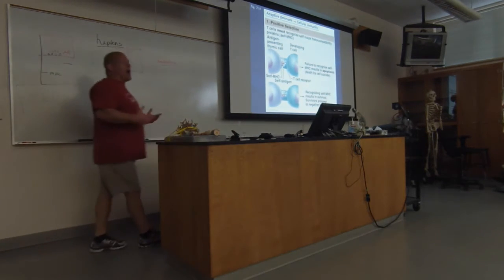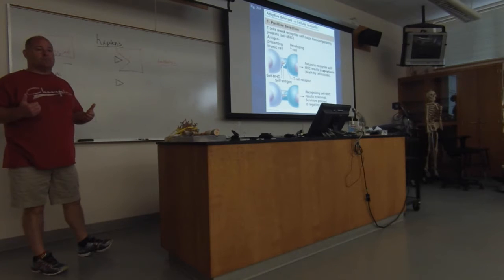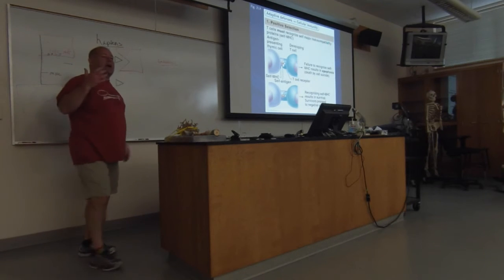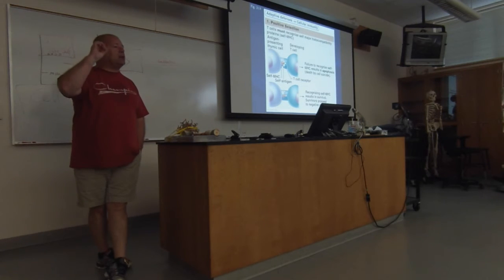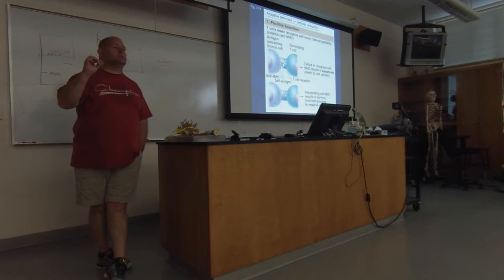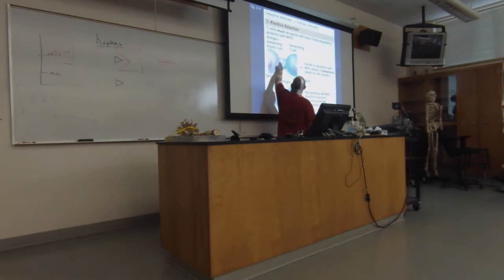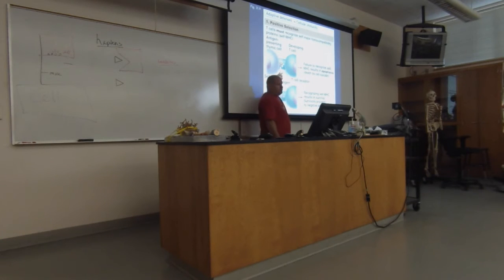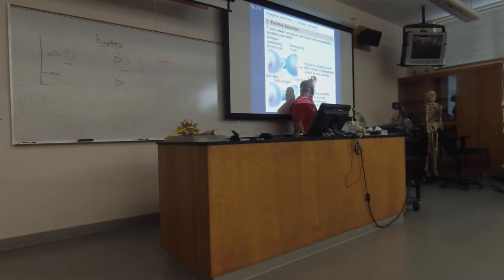Now, when you look at the top one, the whole point here is that they have to be able to recognize self from not self. So they have to be able to recognize that major histocompatibility complex. They need to be able to bind to the flagpole. So when you look at this one, does it look like it's binding appropriately? No. So this is going to undergo apoptosis, cell death, because it didn't do its job correctly.